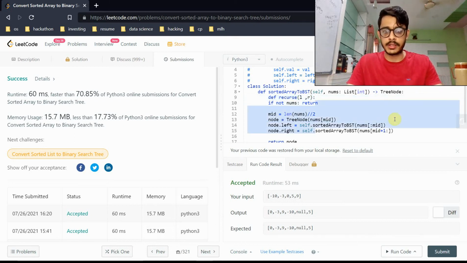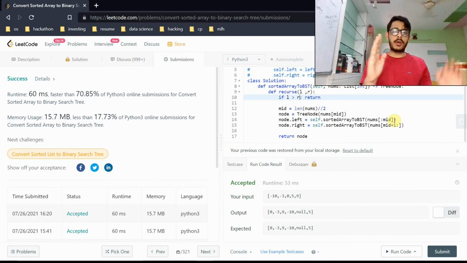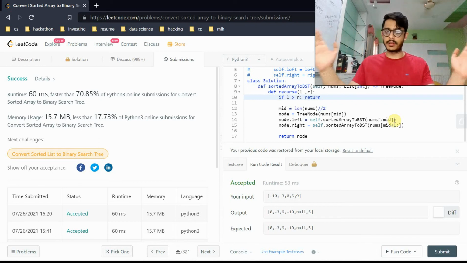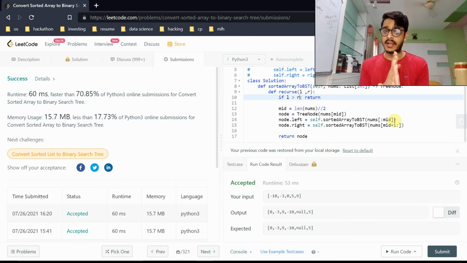Now as left and right are given to us, what do we do? If left is greater than right, return nothing. What does this mean? See, left is going from here to here, right is going from here to here. If both of them are this or this or this or anything, that is allowed. Even if both of them are equal, that is allowed because they are going to access the same element from the list. As soon as they cross, however, they're starting to access an element which is not present. Left wants to access something here, right wants to access something here. No, nothing is present in between them. So that case is invalid.